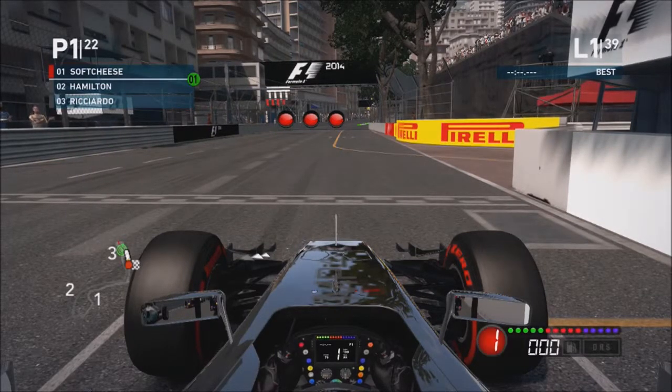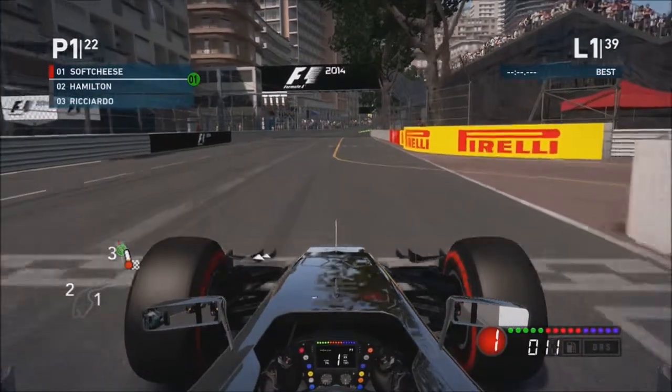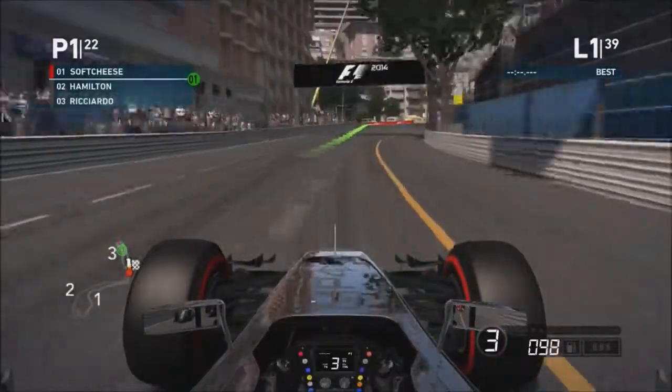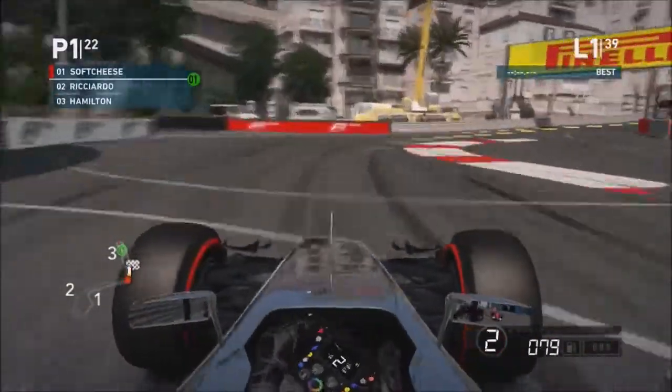Right, we are building up to the lights. As we can see, there are 3 lights, 4 lights, 5 lights. Lights out, we're going for the Monaco Grand Prix! And as always, we get off to a pretty good start, and I'm thinking that maybe by Canada, I might bump up the difficulty because,